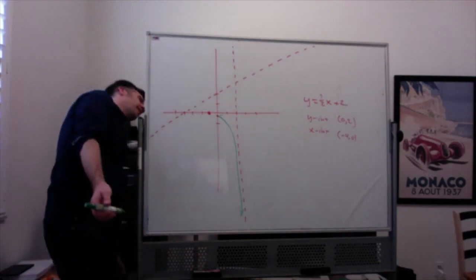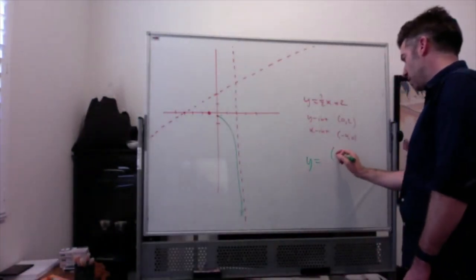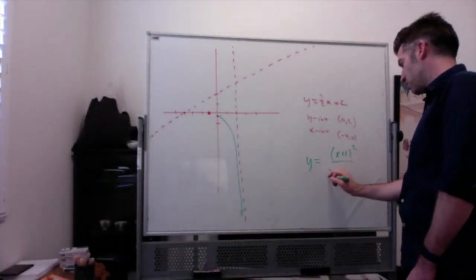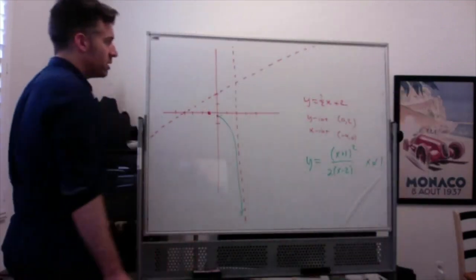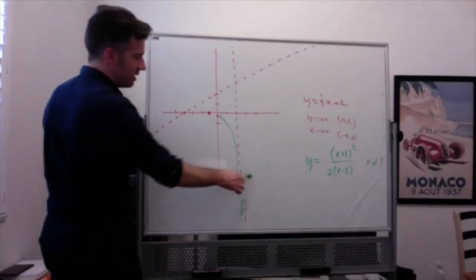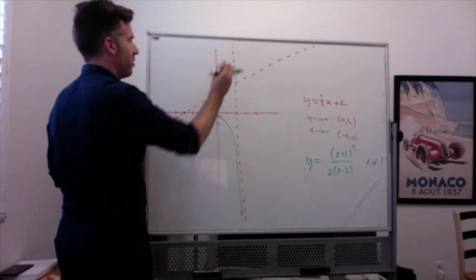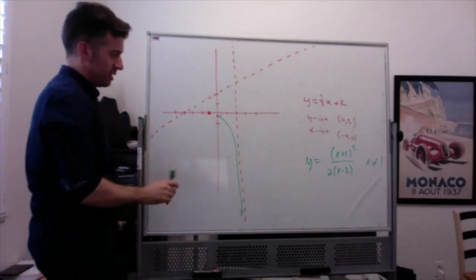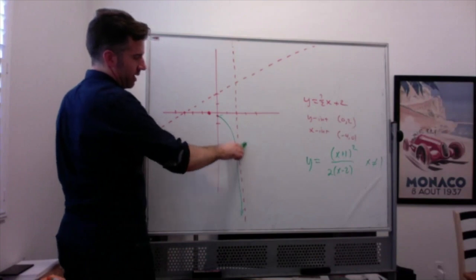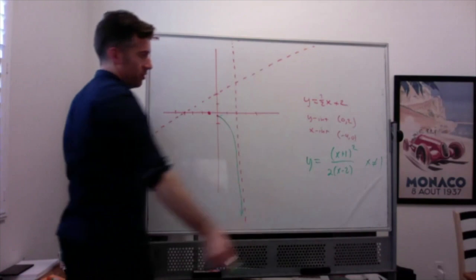And I really would like to have my equation back over here. So again, remember we're graphing y equals (x plus 1) squared over 2 times (x minus 2), and x can't equal 1. Okay. Now, on the other side of this asymptote, we're either going down to negative infinity or up to positive infinity. And there's a couple ways you can see what's going to happen here. You can say, well, if it went down, then I'd have to go up like that. I'd have to cross the x-axis to be able to eventually get closer and closer to my slant asymptote,